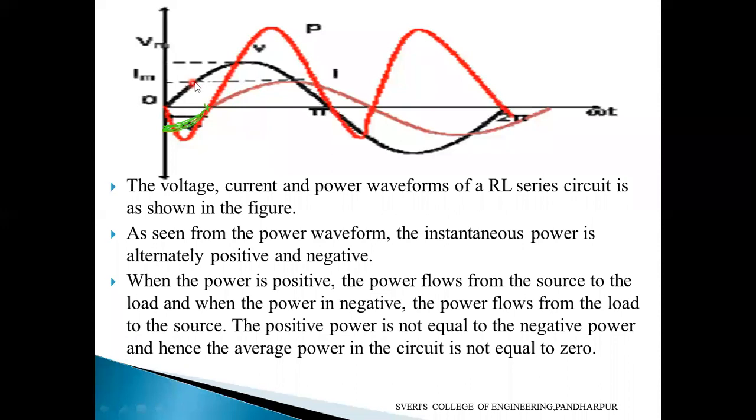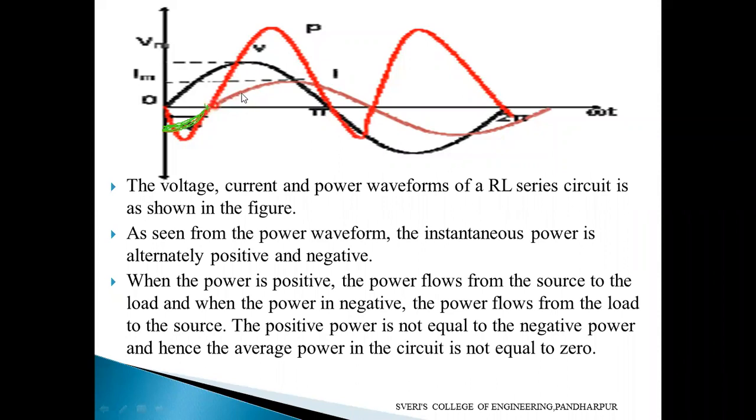At this point here now, some voltage is there and some current is there. The current is still negative only, so negative power will come here now. At this point, current is zero, but voltage has some value. So zero into multiplication of voltage gives zero. The power will be zero here. Next, what will happen?